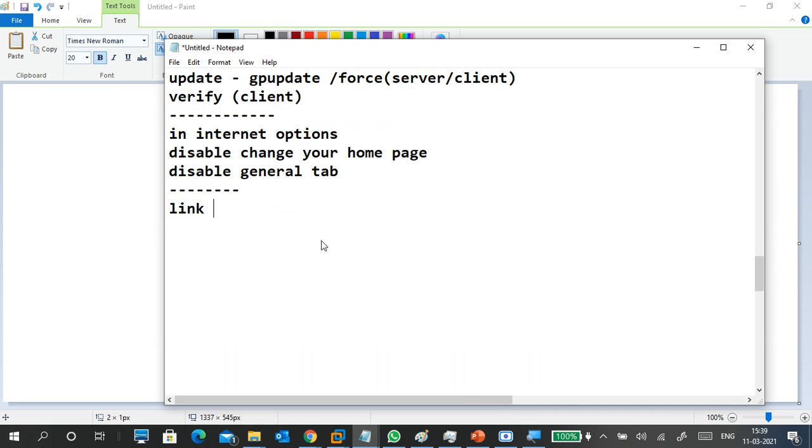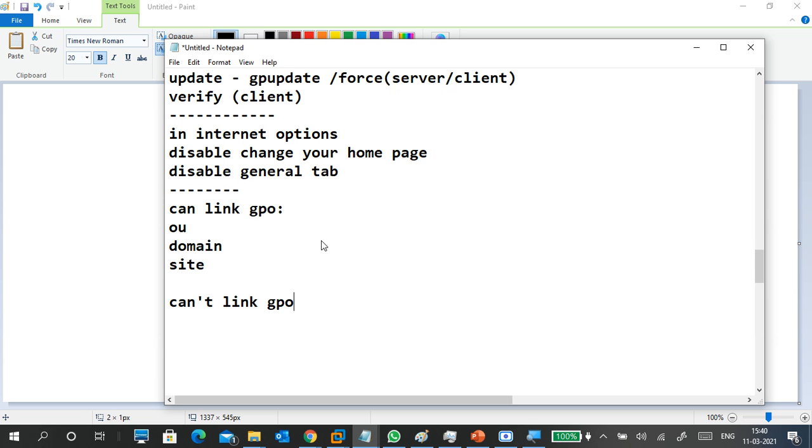We can link the policy on an OU, organizational unit, on a domain, on a site. We can link the policy. We cannot link directly on a user.